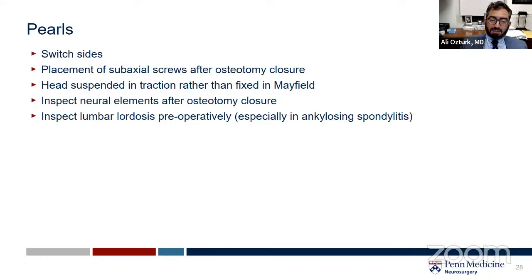Suspending the head in traction and keeping it mobile rather than fixed in the Mayfield, I think is safer and very expedient during the surgery. Remember to inspect the neural elements after osteotomy closure with a Woodson,